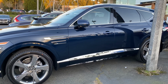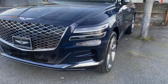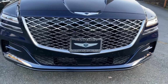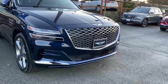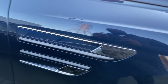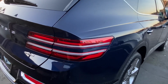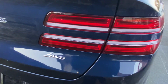And on the exterior, this has a wheelbase of 116.3 inches and a ground clearance of 8.1 inches. This 2021 GV80 is the first generation, and like I said, this is powered by a 2.5 liter turbocharged 4-cylinder engine that is paired with an 8-speed automatic transmission with an overdrive technology, and this produces 300 horsepower and 311 pound-feet of torque with a 0 to 60 of about 6.4 seconds, which is not bad for an SUV that has a curb weight of